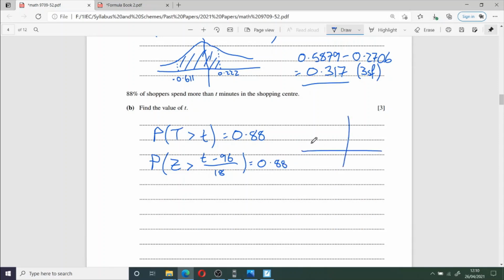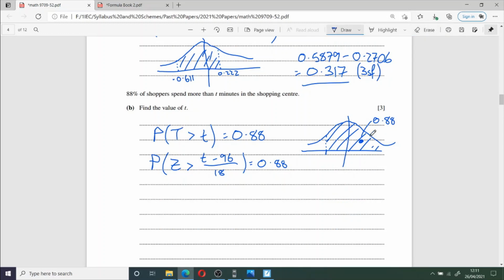So what this looks like on our normal distribution curve, we're looking for somewhere where on the right hand side of that point we have 0.88. Now bearing in mind to the right hand side of the mean here, that's equal to 0.5. That means that our line is going to be somewhere here with this area equal to 0.88. Now negative values do not appear on our graph. So instead we're going to have to find the equivalent positive value, which looks something like that. And then we're going to make that value negative.